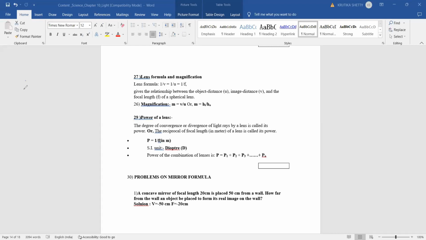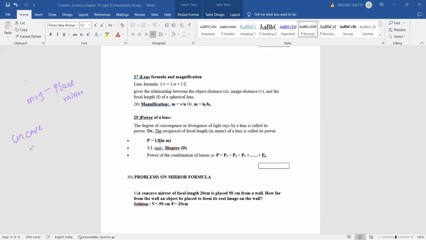If you have a plane mirror, remember, for the plane mirror, the magnification is always 1. For the plane mirror, the magnification is always 1. Okay. This is for the plane mirror. Similarly, if I have a concave mirror,